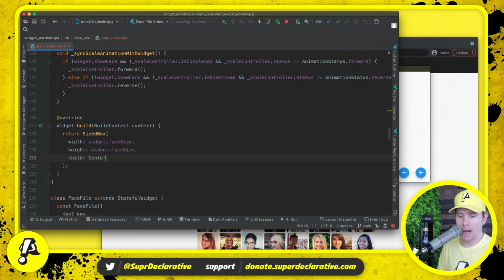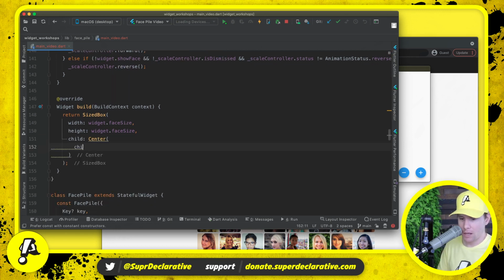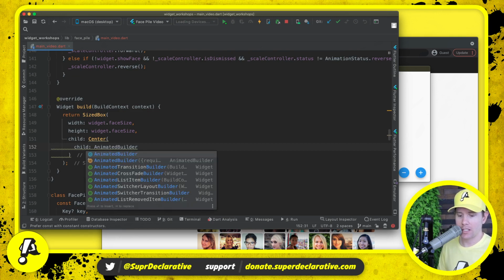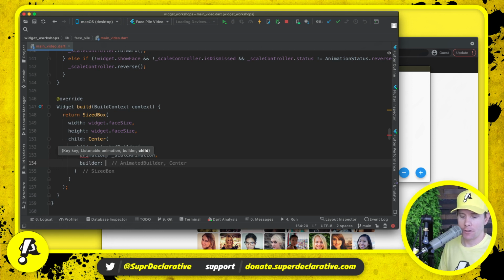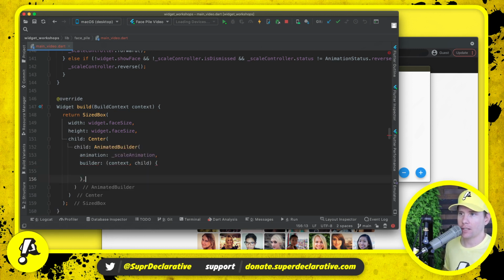So within that sized box, we're going to have a center widget. We're going to have an animated builder, which is a widget that rebuilds itself whenever an animation changes. So we're going to pass in the scale animation. And then there's the builder part, which takes in a context and a child. The child doesn't matter in this case. Actually, I guess, well, we could use the child here. Let me show you